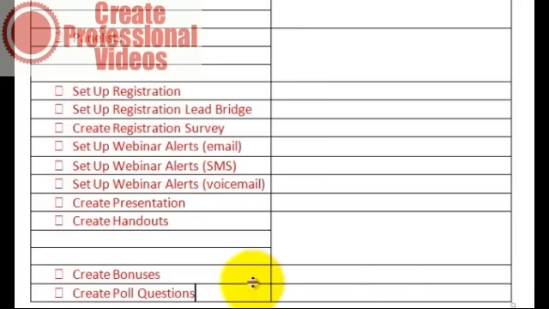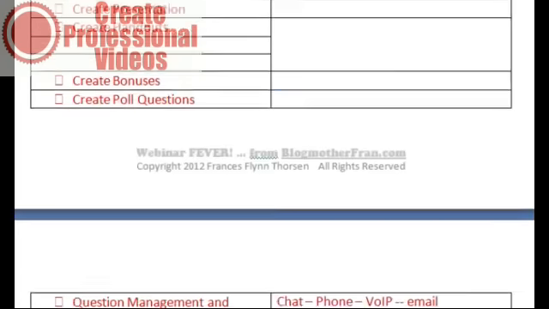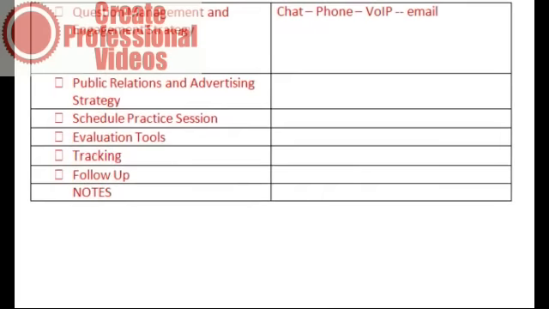One of the neat things about poll questions and about the survey is that this is interaction people will be doing online. At the end of the day, when you collect your registration information and tracking and see who attended, you will also see how they answered those poll questions, and it will give you a much deeper insight into your audience and actually into the people who attended as individuals.